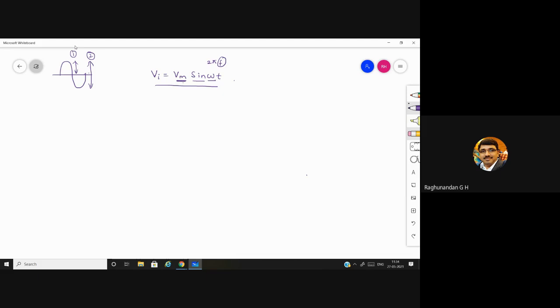And there is no rule that you should use sine only. You can use cos also. Vi is equal to Vm cos omega t. You can use that also, no issues. But the sine starts from 0 and ends at 360 degree. If you consider the cos, the waveform will be like this because it starts from 90 degree. So that's why we usually go for sine. Even you can go for cos also. There is no rule that you should use sine, whether it is sine, triangular wave or square wave.